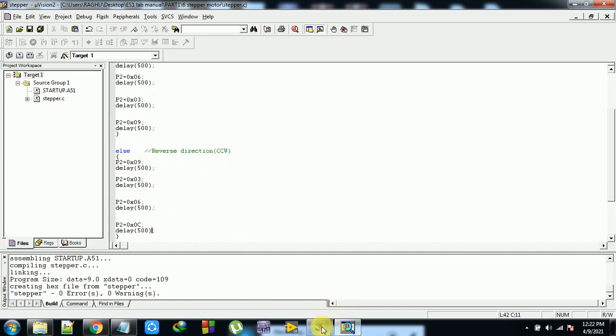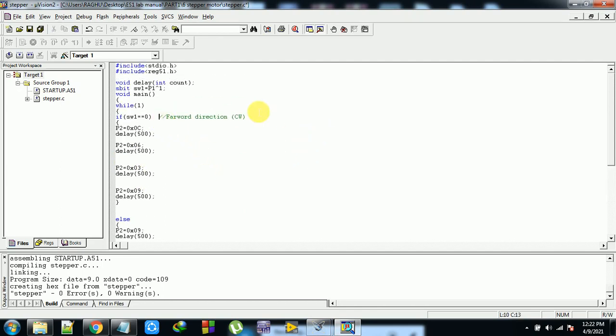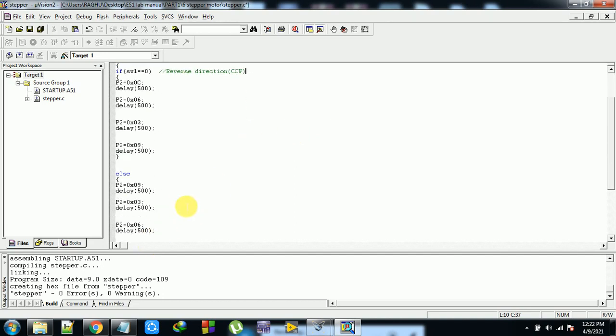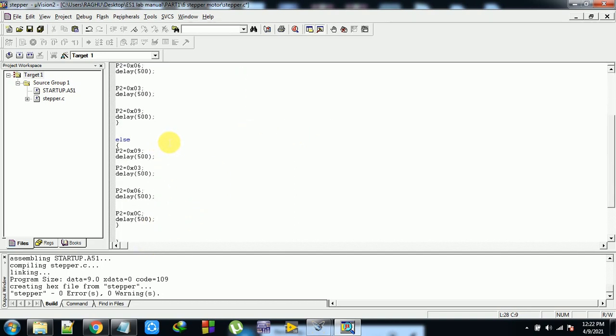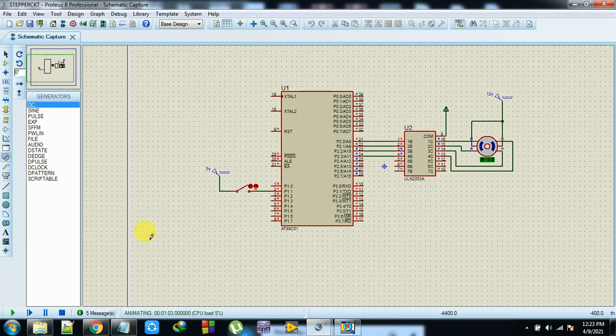So one direction is forward and one is reverse.